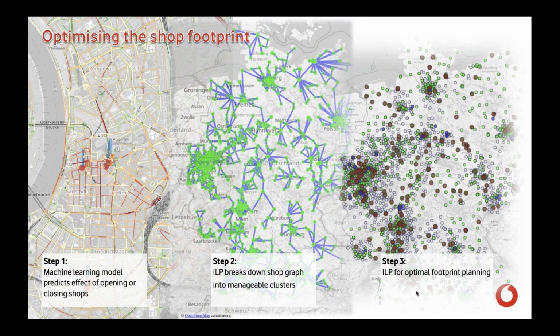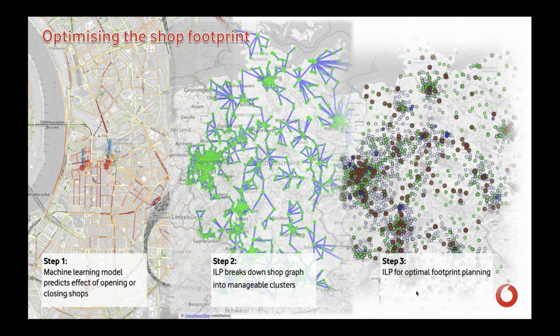You can't go through all the possible subsets of our roughly 1,500 shops and look at what's happening if I close them. Not even if you look at a realistic number of shops. Of course, you're not going to close 90% of your shops, but still in realistic ranges, it's too much combinatorics. So a first integer linear programming thing that we're doing is trying to break down our shop graph into